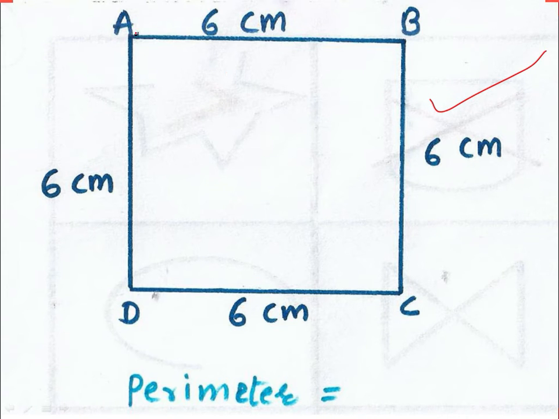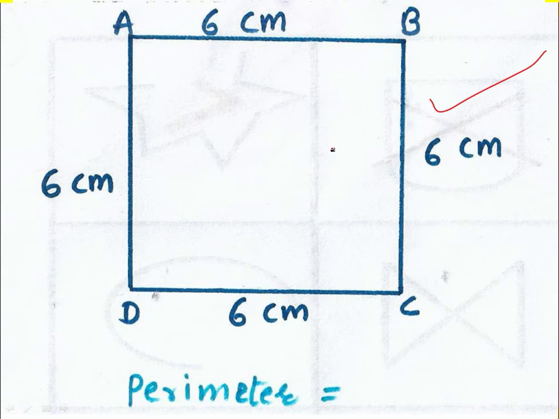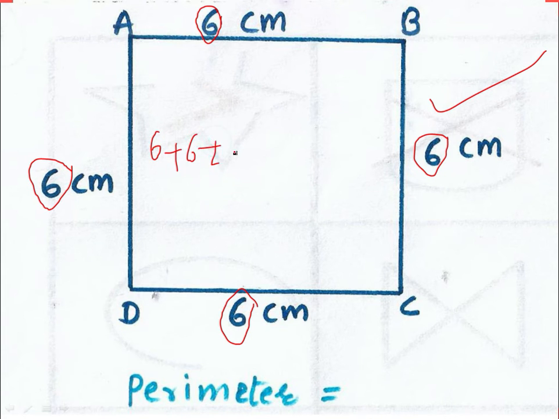Now dear students, the examiner may give such kind of questions also, and they will ask you to find the perimeter of such a plane area or plane shape. Earlier we saw there were some boxes made over here, but now you can see this is totally blank. Now how will we find the perimeter of this kind of shape? This is again very simple. You have to simply add all the digits given over here in order to get the perimeter of the given shape. Now what you will do, you have to simply add this 6 plus 6 plus 6 plus 6.